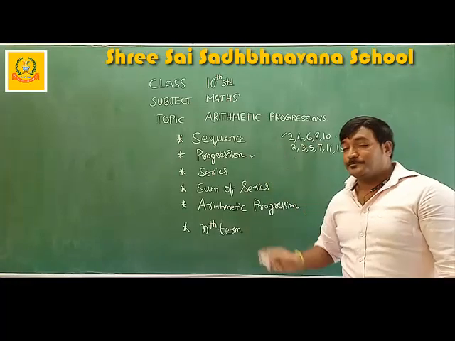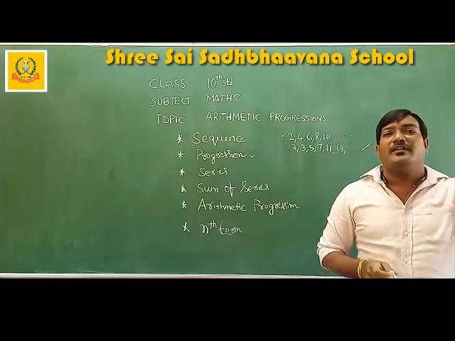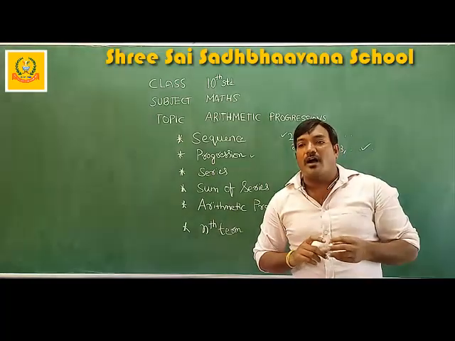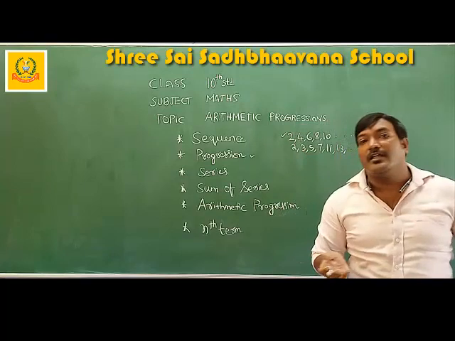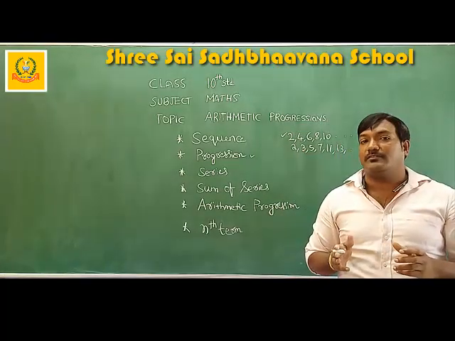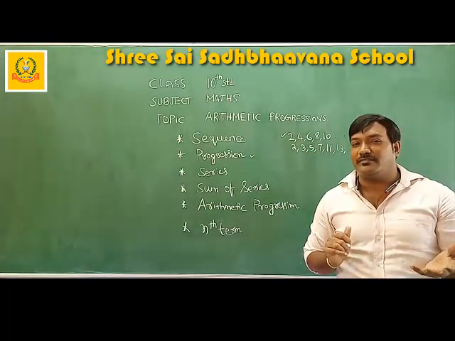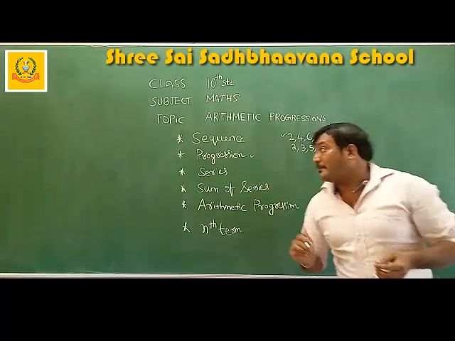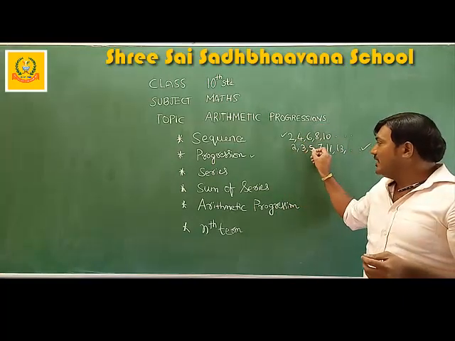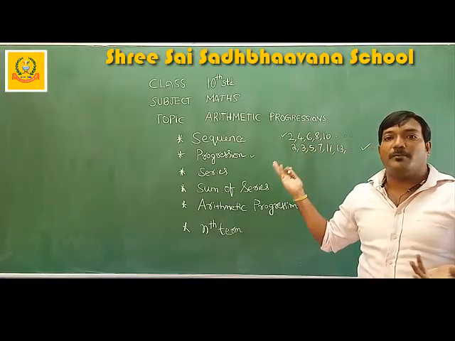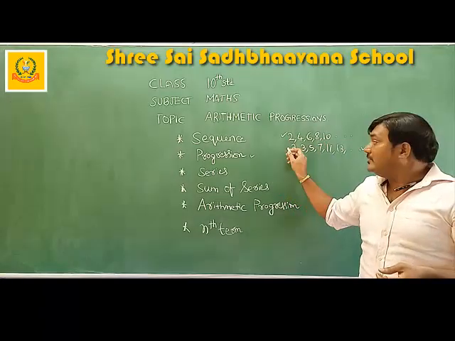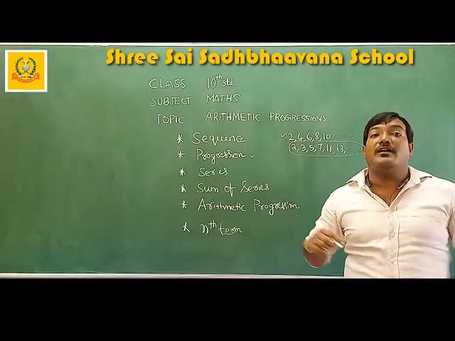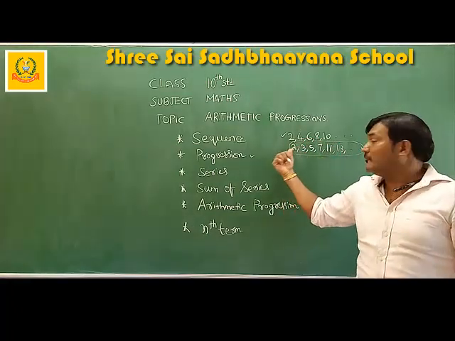Then what is a progression? A progression should be a sequence. Here there is one thing you should understand: all sequences will not be a progression, but a progression must be a sequence. For example, in this case you see 2, 3, 5, 7. Here we do not have any mathematical formula, we are just writing them, but we know that these are prime numbers. We are following one rule, but not using any mathematical formula here.